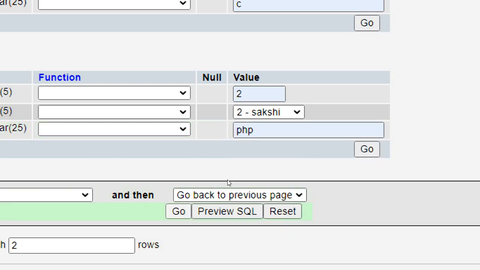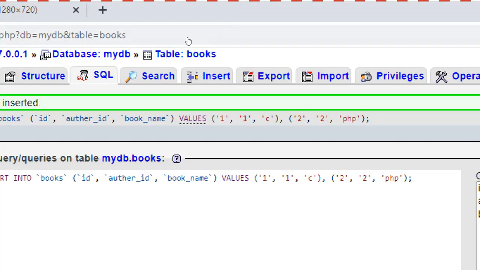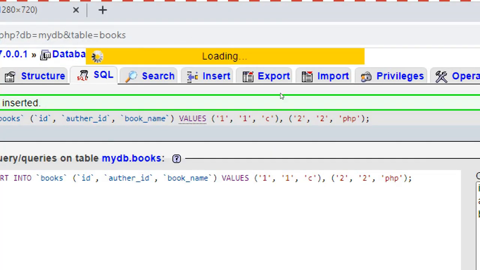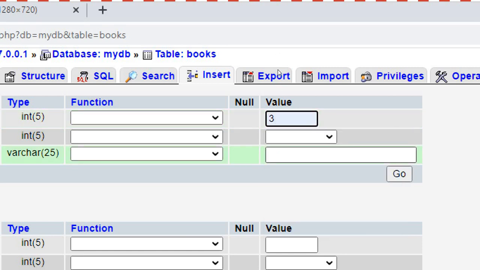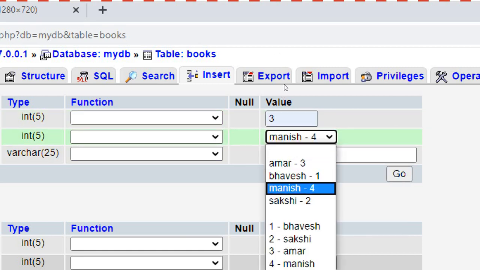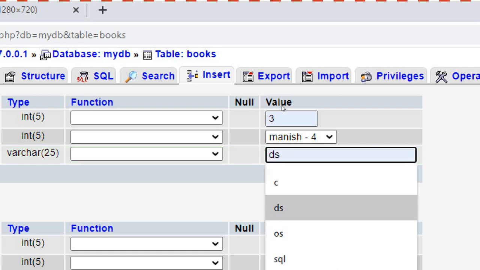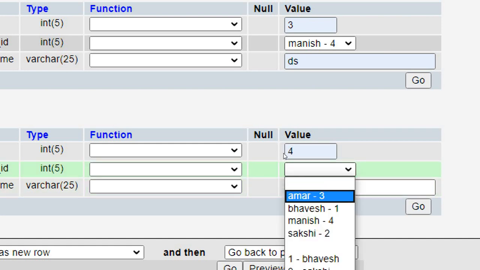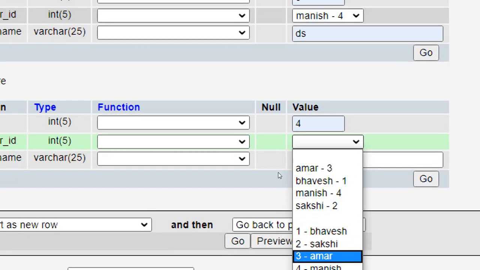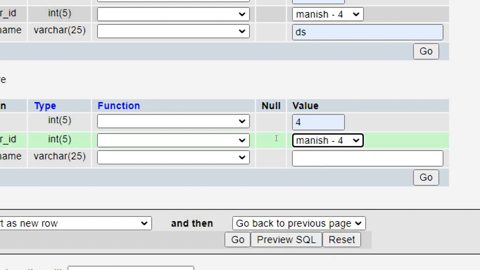Click on go. Again add some records. Insert 3, data structure, 4, also 4, Manish, and operating system, and go.